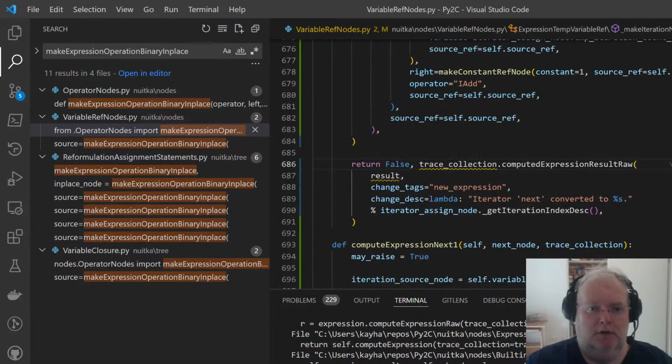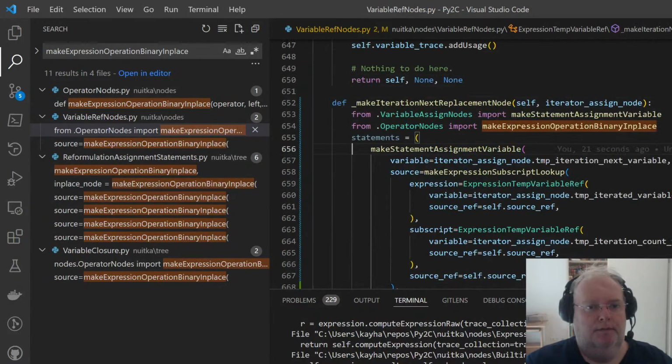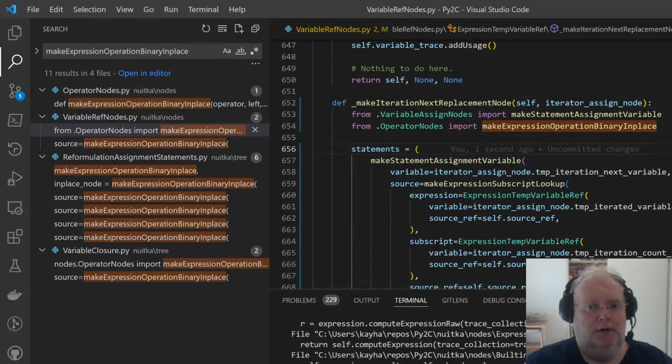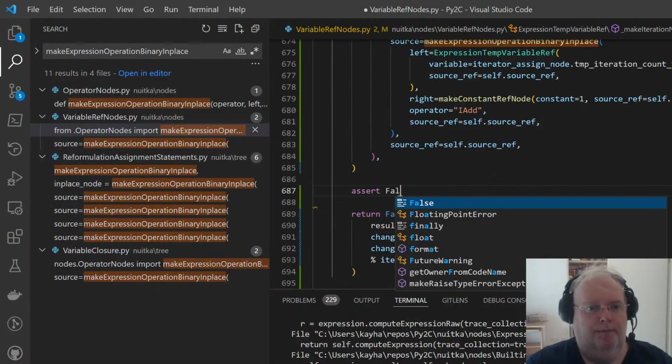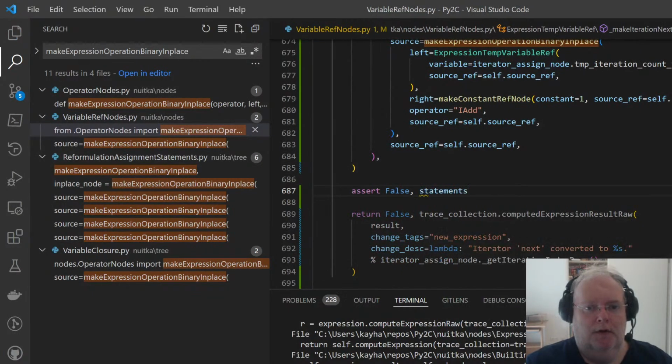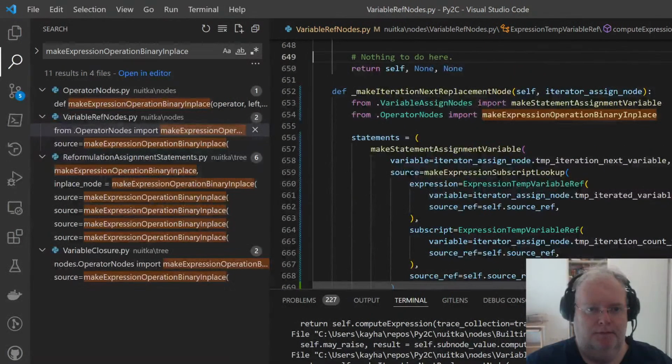And the trace collection. Maybe I remove this value from this false value. And trace collection is not defined. Okay, I'm not getting there then. Okay, but I will need trace collection.